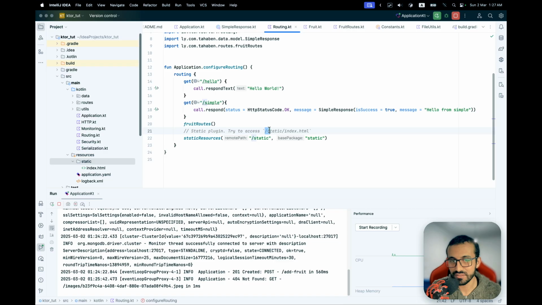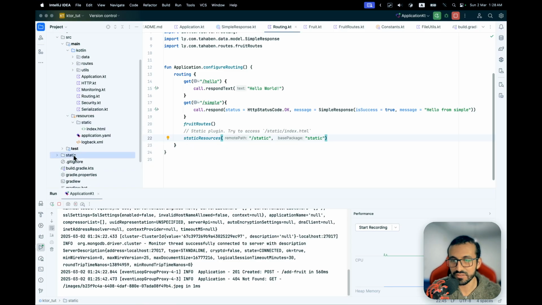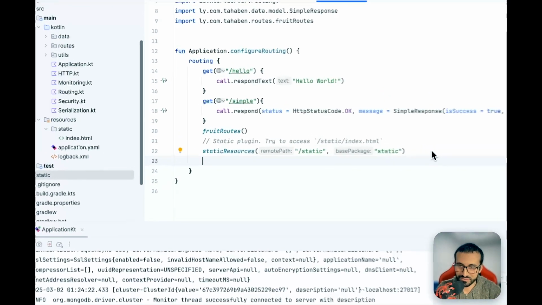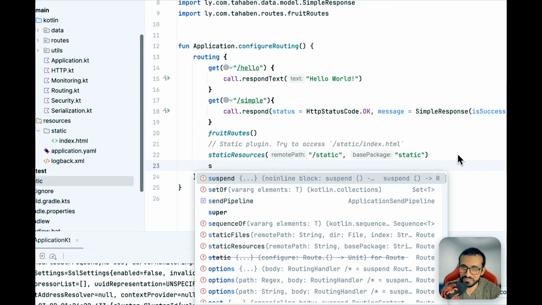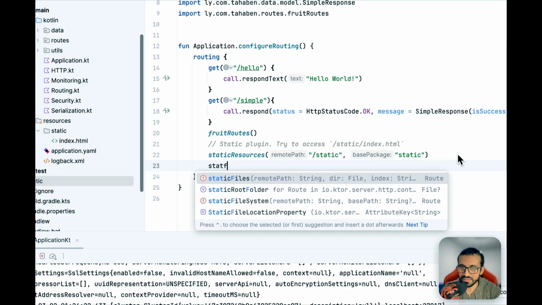Now, if you try to access static/index.html, you will load this HTML file in the browser. It even says it here in the comment, but we want to enable access to the static folder that we've created here. Let's add our own static access rule here by typing static